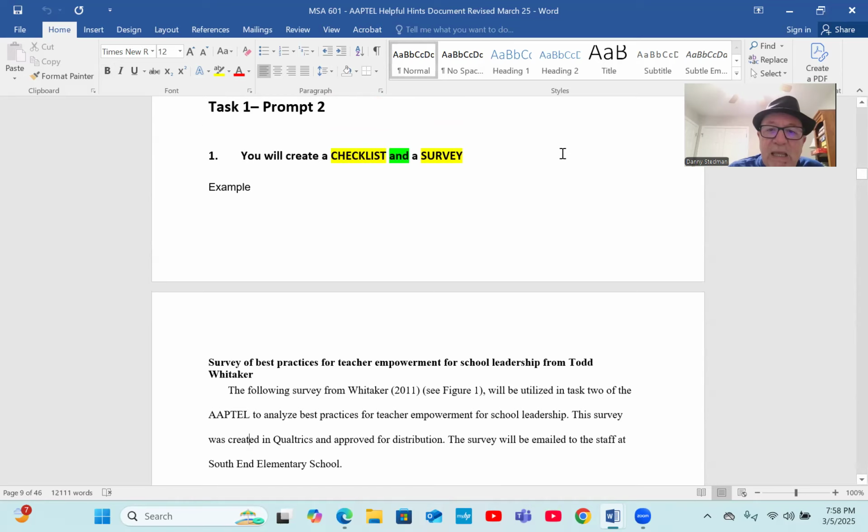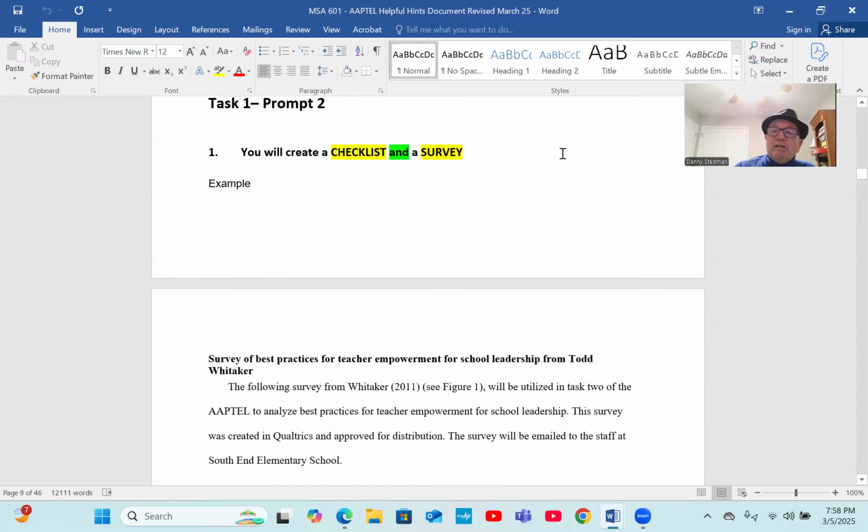Now, if your school already has a walkthrough instrument, that's what you will use here for your checklist. If your school does not have a walkthrough instrument, we're going to give you a checklist, and you do not deviate from this checklist. You use this checklist for the purposes of this class and this project.